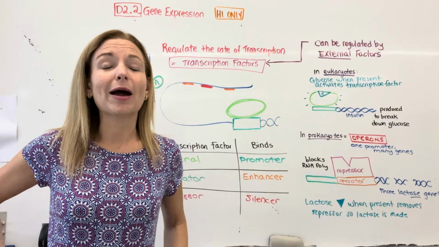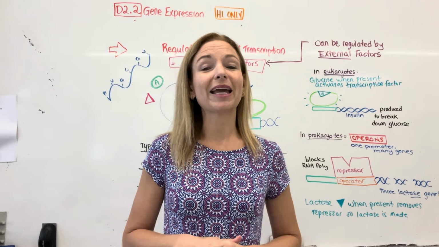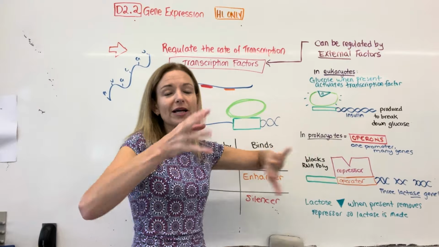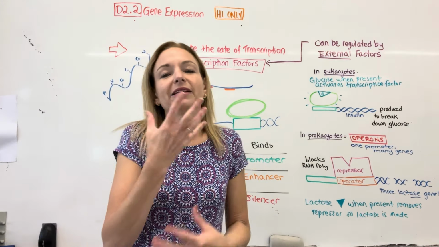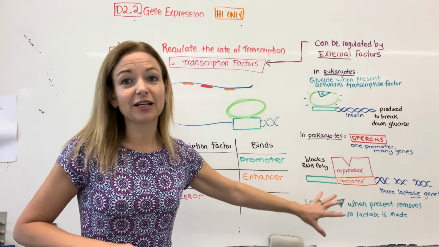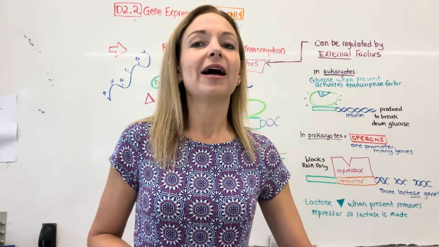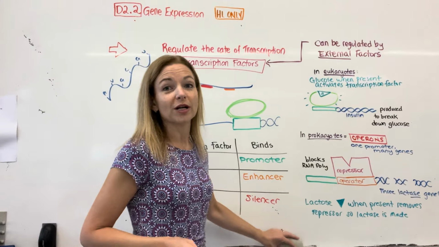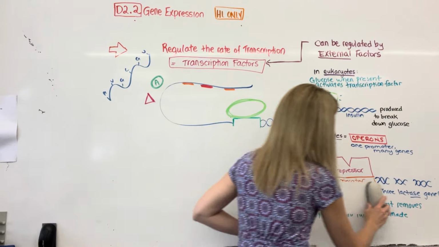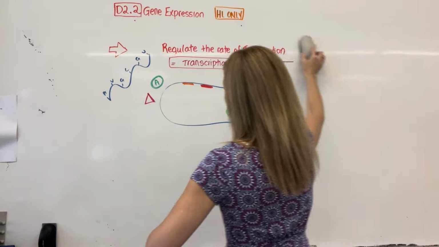Like I said, if you go down a rabbit hole, there's lots on the lac operon, but it doesn't look like you need to know it at a very complicated level. You just need to know it's an example of the environment, like the presence of something, changing things. So if you're eating a lot of glucose, that changes things. That's just another example. It's like bacteria's version of this. You don't need to know a ton of detail about the operon itself. It is actually more confusing than this. If you want to watch an Amoeba Sisters video, they talk about operons quite effectively. So you are more than welcome to read more about it. But I think you're okay just to know it as a way of regulating.